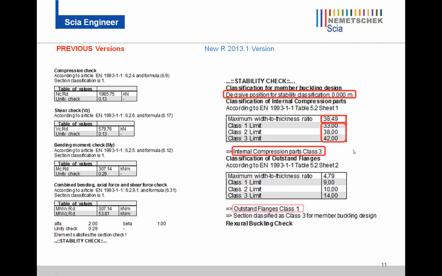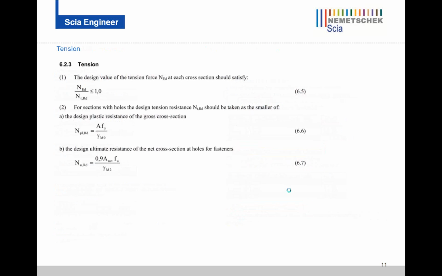For the internal compression parts, and the same for the outstand flanges, we find that it's a class 1. So based upon these two, we can see that the section is class 3 for member buckling design. Clearly specified. Now, if we look at some more examples for tension,